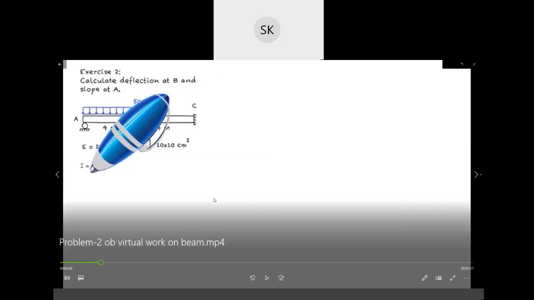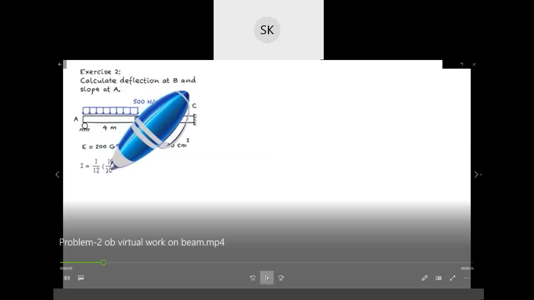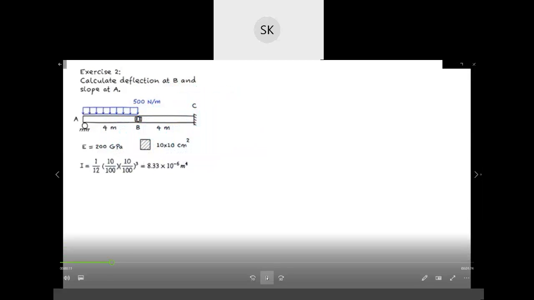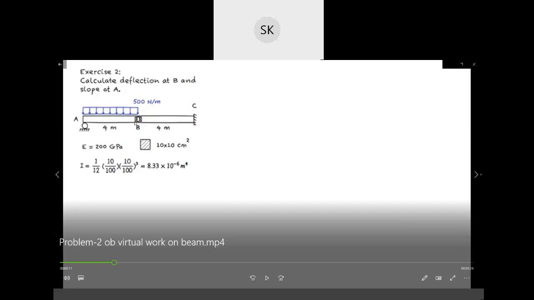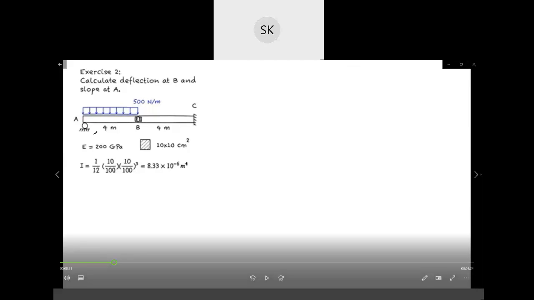So here a cantilever beam is given. A cantilever beam is given to you where a UDL is applied only at a certain position and a hinge is provided at the point B. In the cantilever beam, which is simply supported, it is also called a prop cantilever. It is also a type of beam where the cantilever part is supported at some position, so it is also called a prop cantilever, and a hinge is provided at point B.